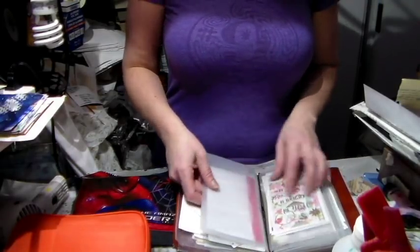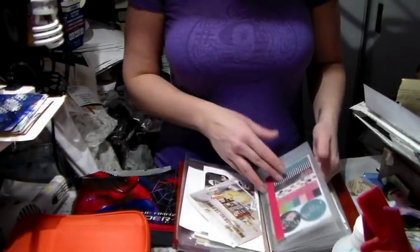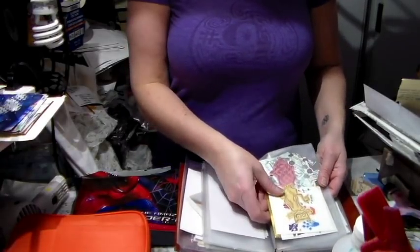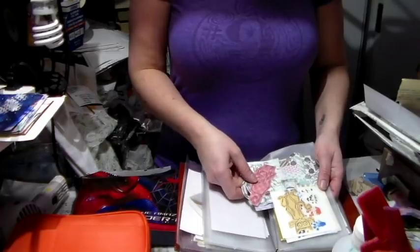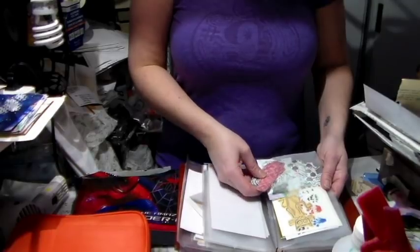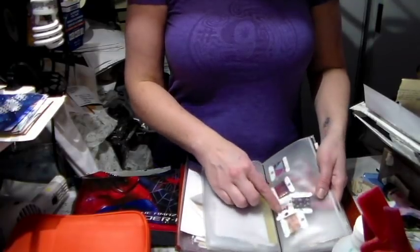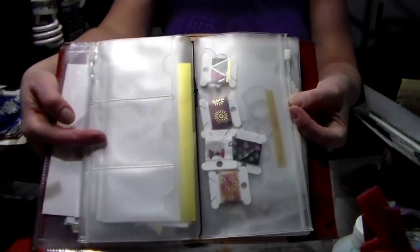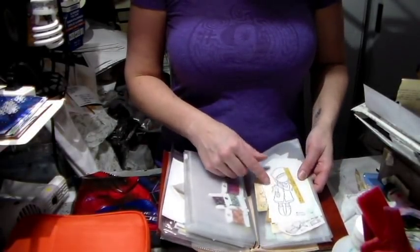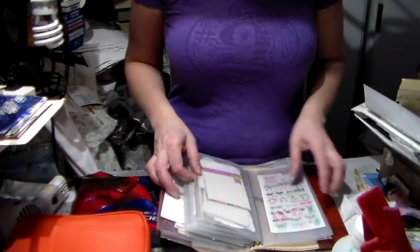And then I purchased these pockets that are made for Midori, and so I've added some more stickers and sheets. Here I've put a bunch of the stamps that I've pre-stamped, and so they're ready to go and to be put in my book, my journal, as I feel like it. I've put also these little bobbins full of washi tape, so as soon as I finish one I replace it. Then I've got some more of the stamp out images,